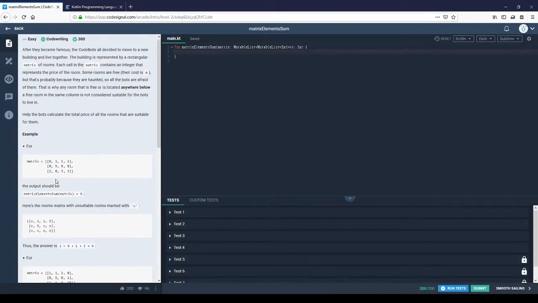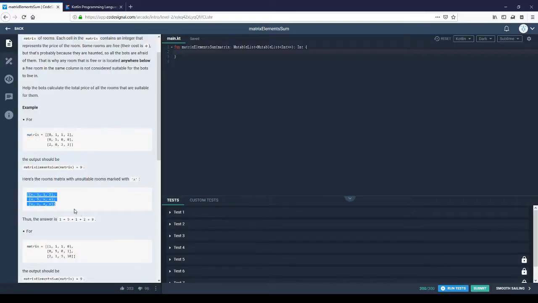So for this case, let's look at these two examples. Basically, when we have a 0 here, we mark everything below the free room as not suitable to live in. This 0 maps to the X here, and this 0 and this 3 map to the X here, because these are all underneath the 0. So how am I going to solve this one? I think I'm just simply going to